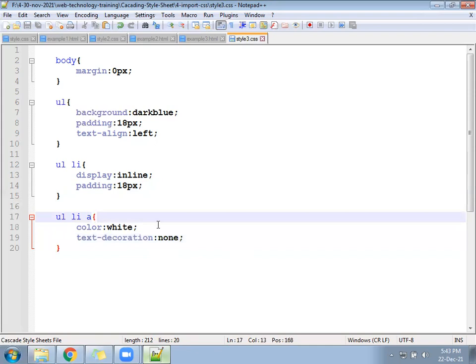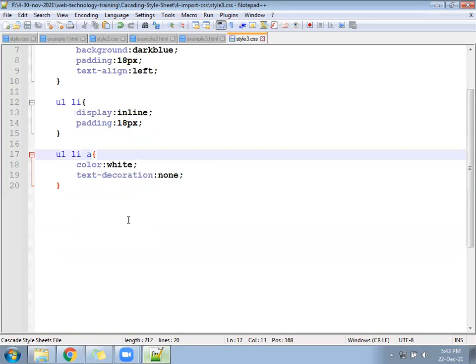Color white, text decoration as none. Something like this.